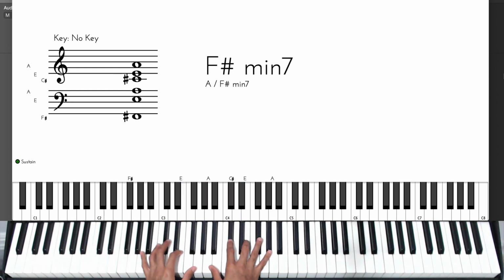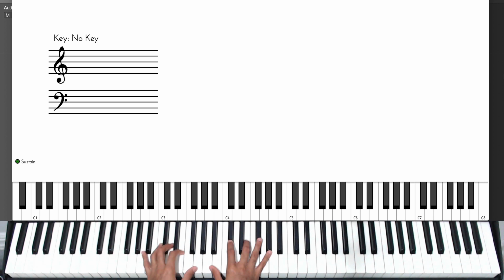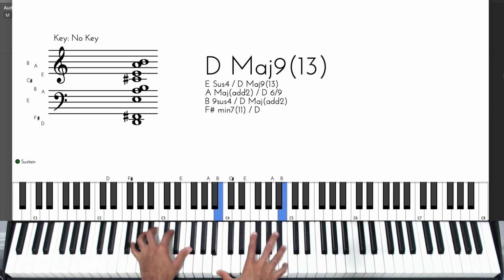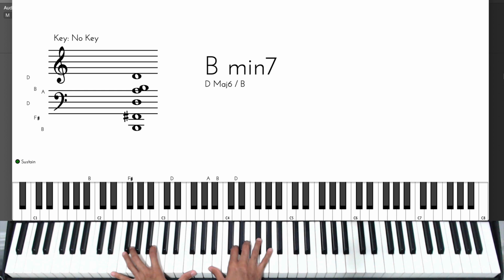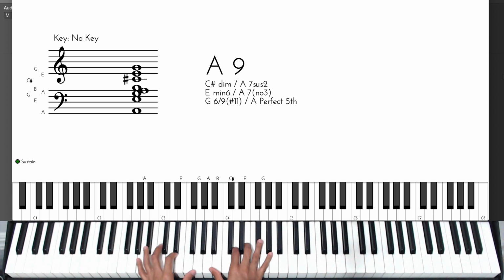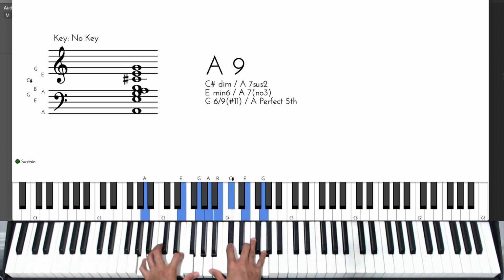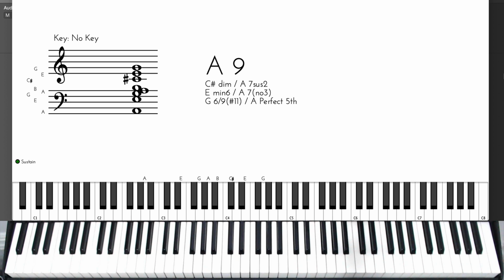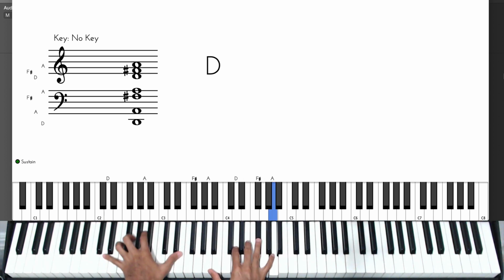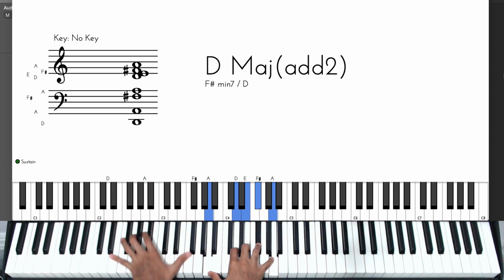But in this case, I switched that passing chord before the 3 slightly, okay? We were here. I played this chord as a passing chord before the 3. Right, so sus, then an A9, and this is where we're going to the next portion of the song where the chords change slightly, and we're going to play a 1, right, D major add 2,